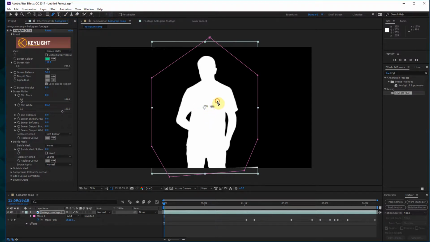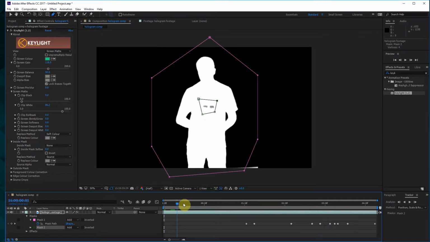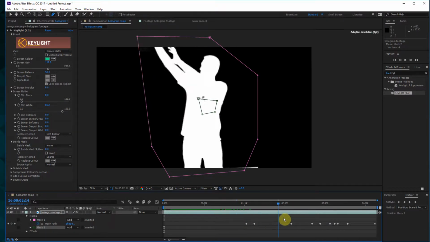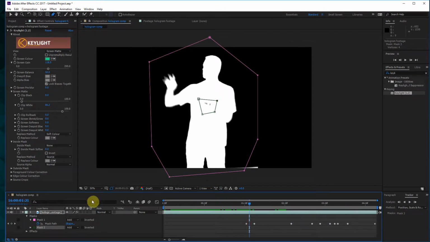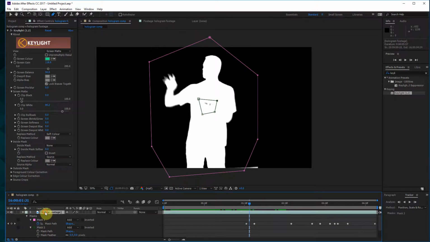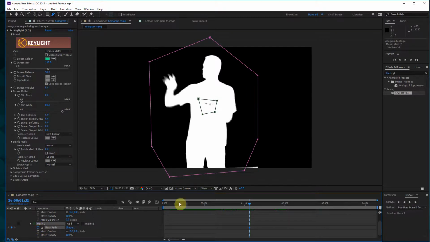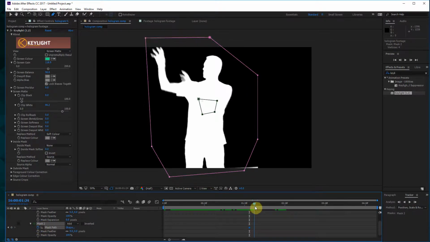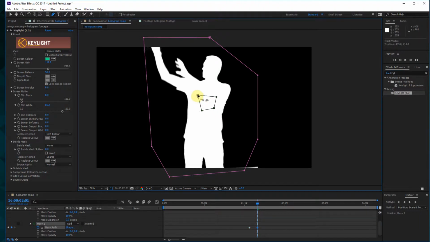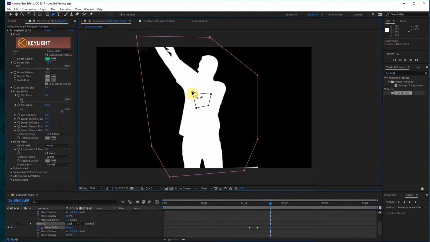I create a mask around here and just make sure that mask 2 is there. Yeah, I have to animate it. I turn on the stopwatch here, press M. I turn on the stopwatch on mask path, and I start animating that. And then here,